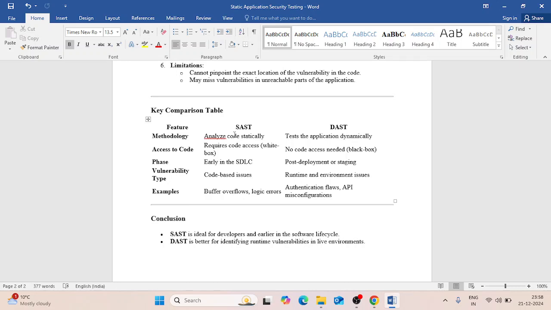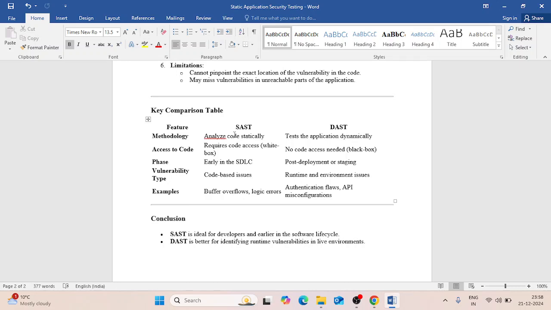As I already told you, DAST testers don't have code access, so no code access is needed in black box testing. When: SAST early in the SDLC, DAST post deployment or staging. Vulnerability type: code-based issues, buffer overflow, logic errors for SAST; runtime and environment issues, authentication flows, API misconfiguration for DAST.